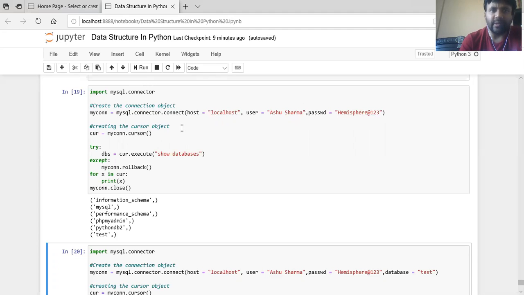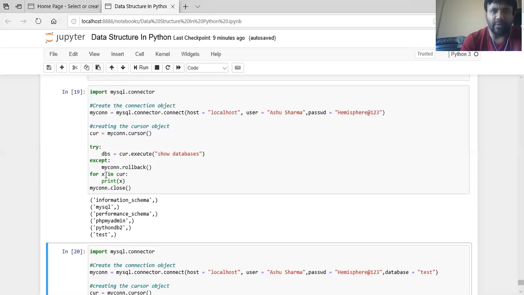Now creating the cursor object. The cursor object is specifically used for execution of different queries in the database. That's why we use this cursor, and we are creating the cursor object. Now we have a try: cursor.execute show databases. If the try fails, except: myconnection.rollback, so the connection will be rolled back.